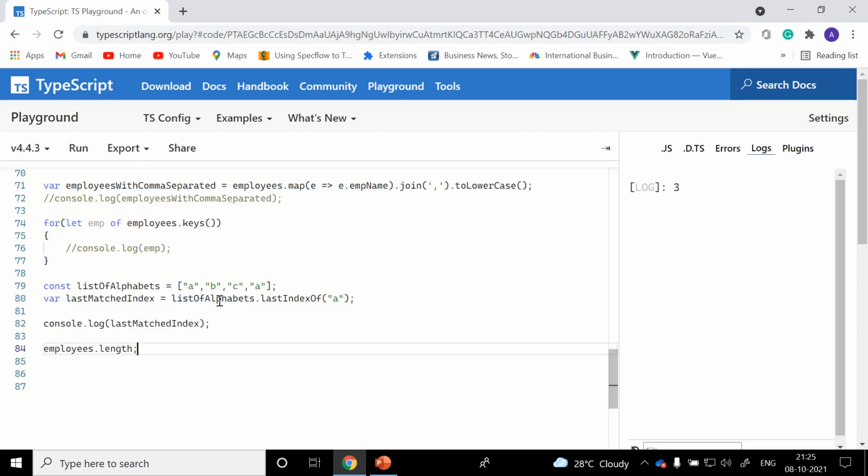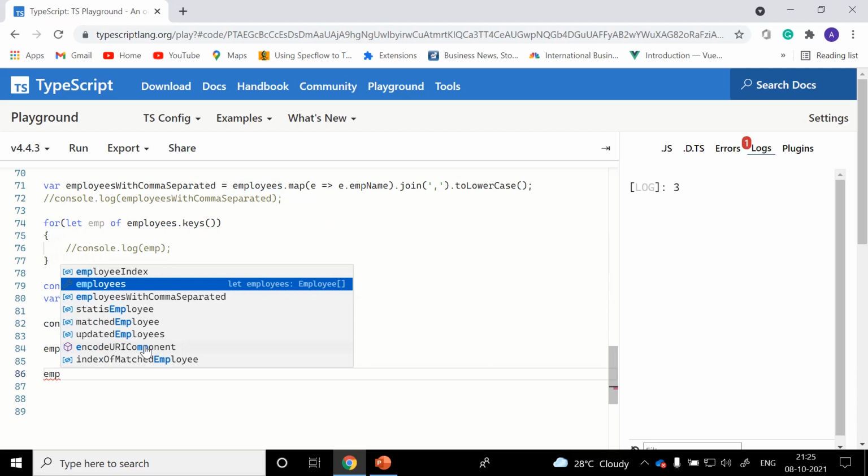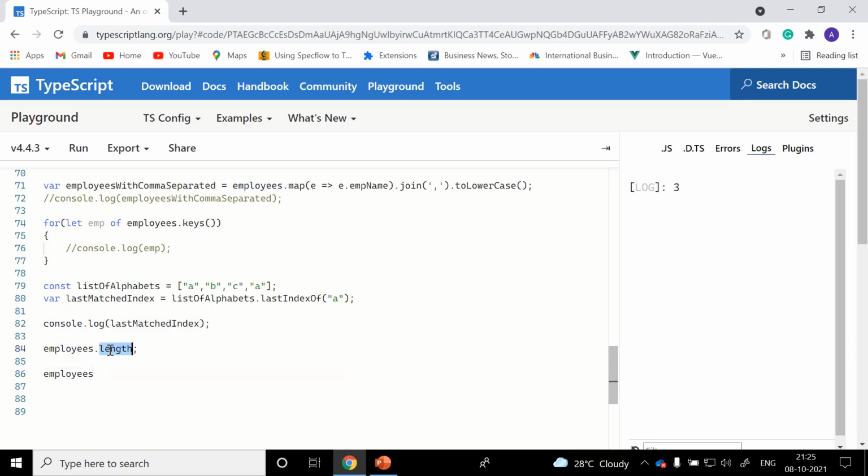Length is one of the most important properties. Length is not an extension method, it's just a property. It returns the number of elements present. Currently we have two elements, so we'll get the length as 2. That's it, but this is one of the popular, important properties of arrays.